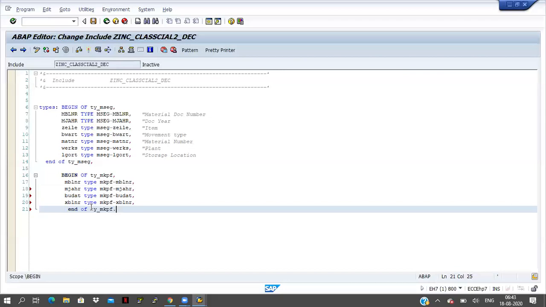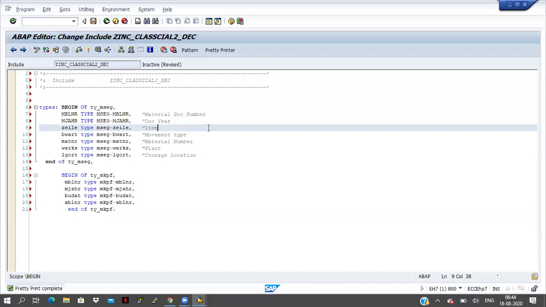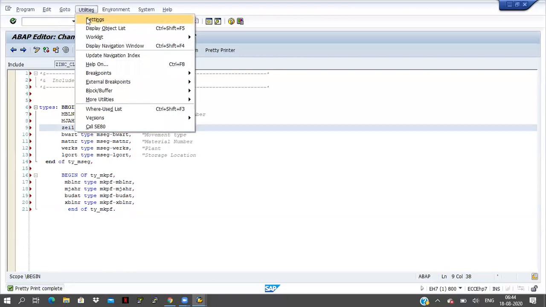I am declaring the type like this, and click on the pretty printer button here. The shortcut key is Shift plus F1. So the code will come into alignment. What happened here, the code is not coming into alignment, right? So we have to make some changes in the utility settings.